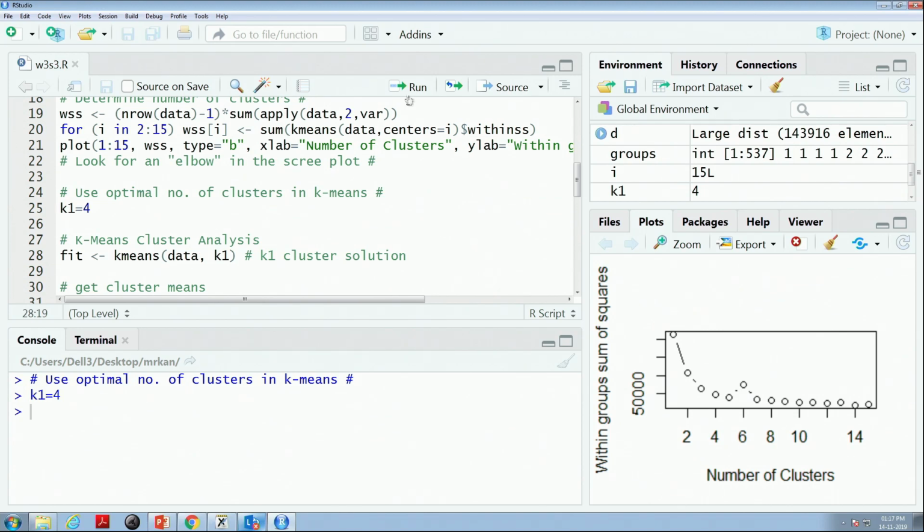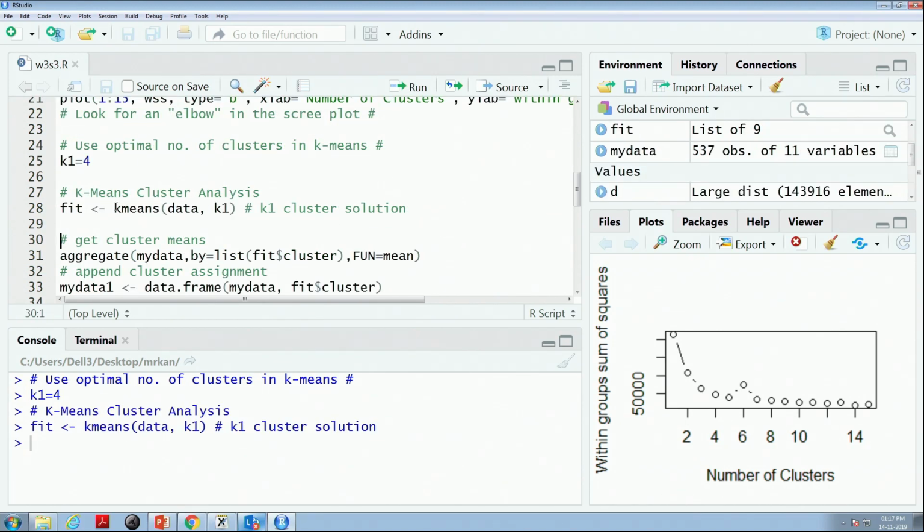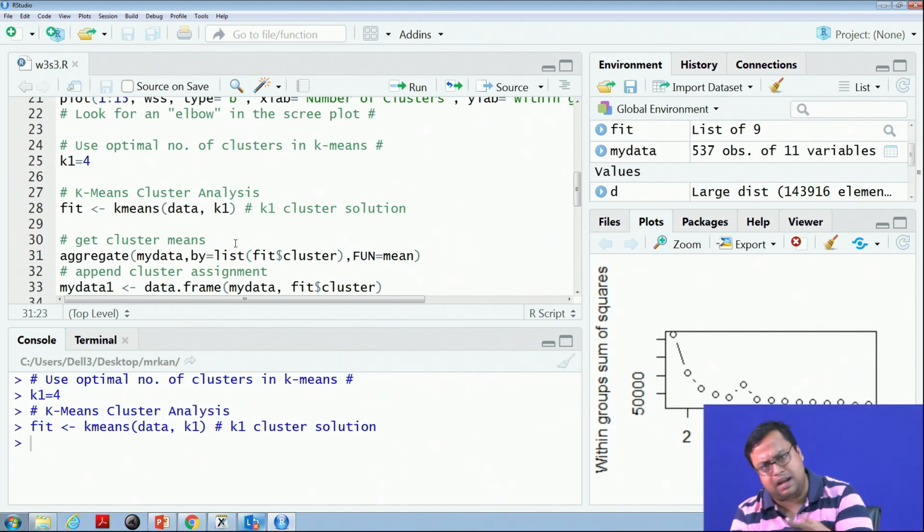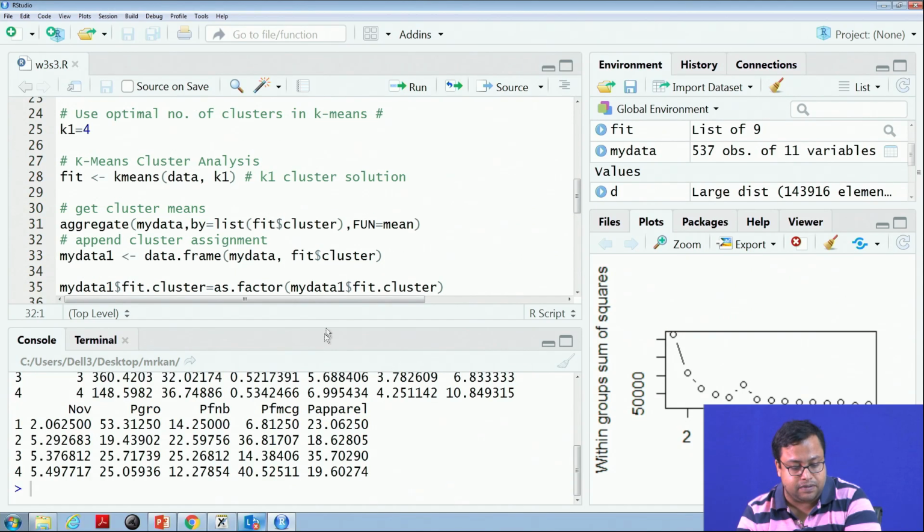So, then what will be the observations? I will just run this line, which will break the data set into 4 clusters, and if I want to see how these clusters are, I am done, I have already done the work. Now, I am doing the third part. If you remember, the third part is creating the segment parameters, the identification of the segment. The identification of the segment will look like this.